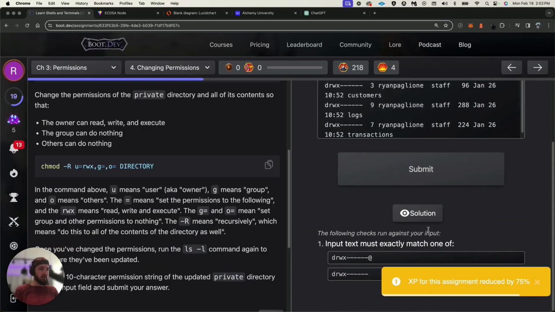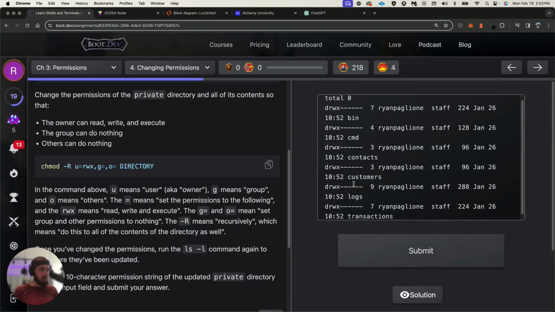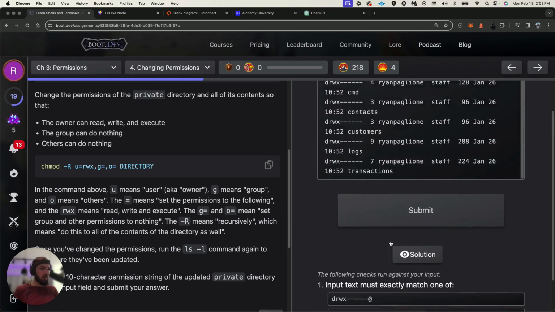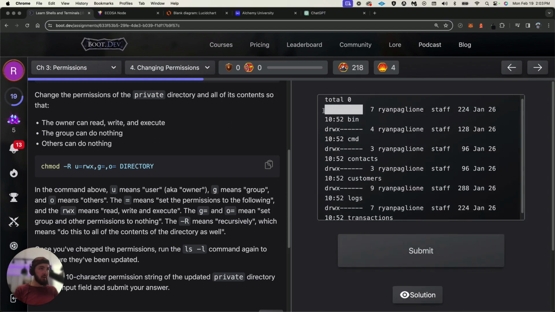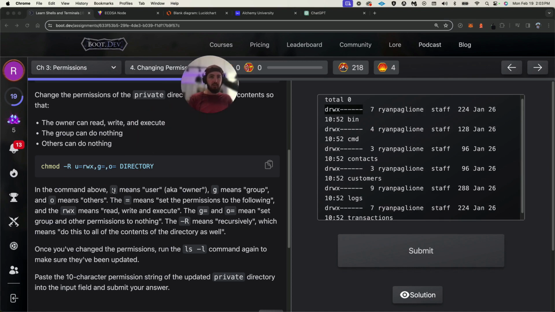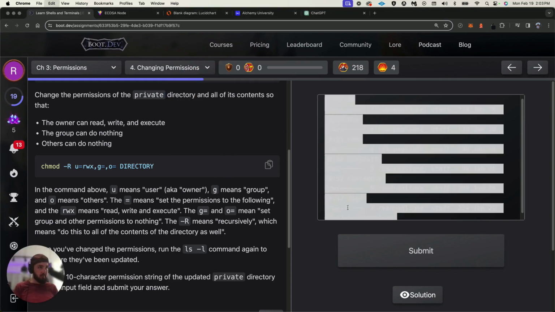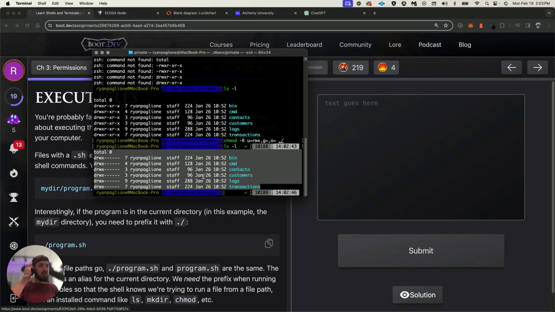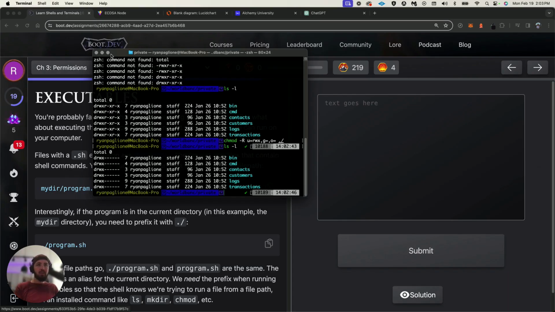Okay, let's take a look, see the solution. Okay, this is what we have. Oh, it just wants one of them. Inputs must match one of the following. Okay, so I think I reread that wrong. So boom, definitely pasted over or just glazed over what we were supposed to do. Okay, so paste the 10 character permission string. Got it. That's what it was asking for. So it's asking for one of those guys, which we did do correctly. Looking at it, we did proper.